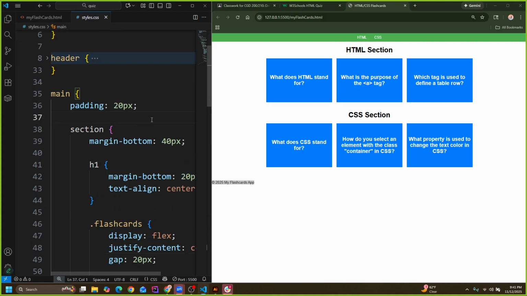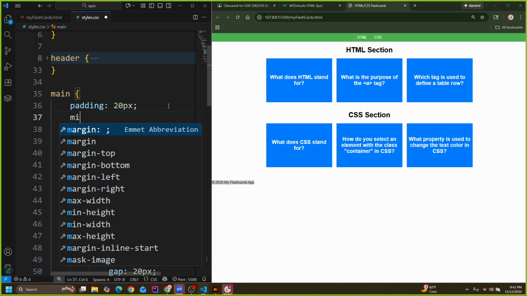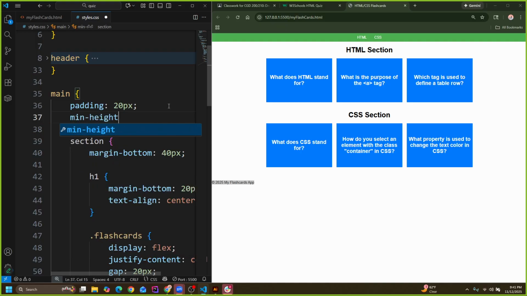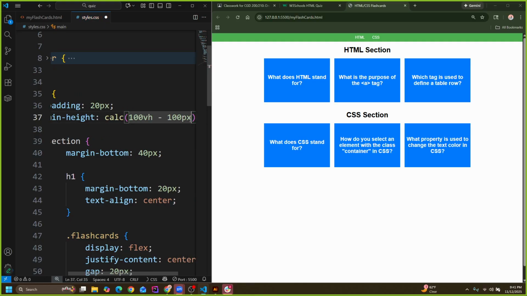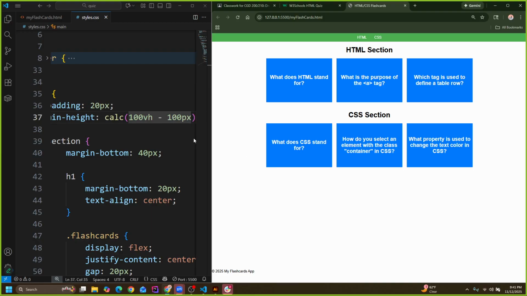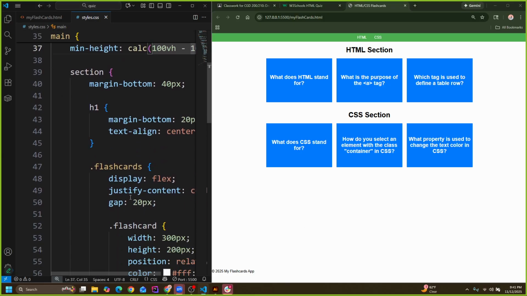So you could do main height 100 VH, or calc 100 VH minus like whatever the height of that header is. Let's just say 100 pixels. Okay, now that the container of everything, the main section, is actually tall like that,